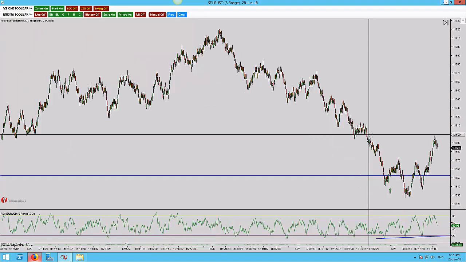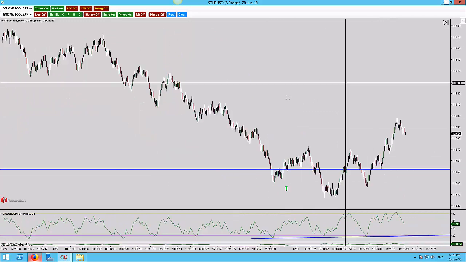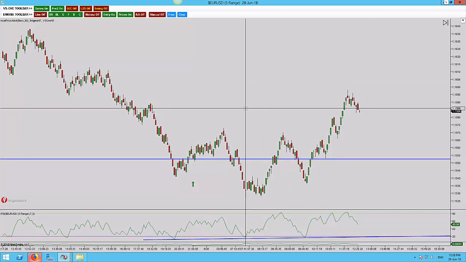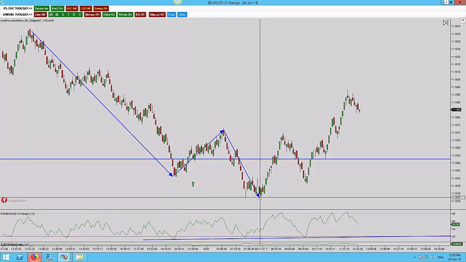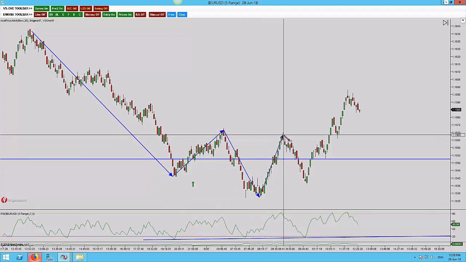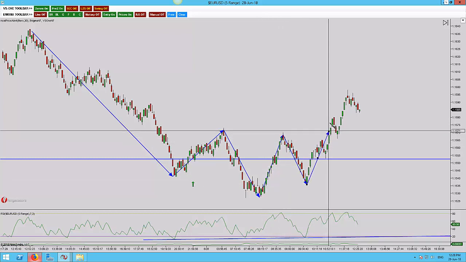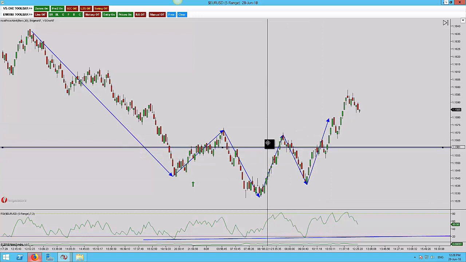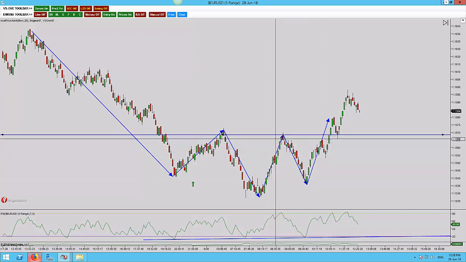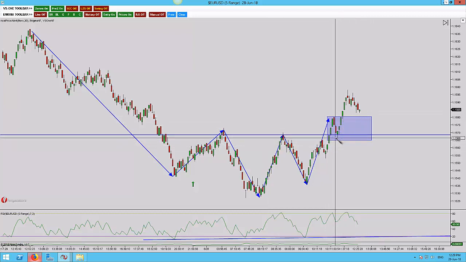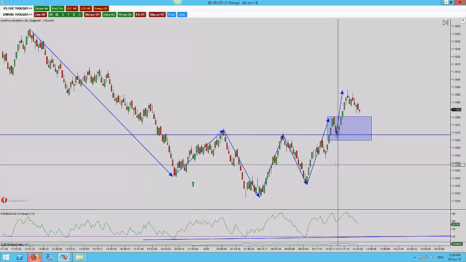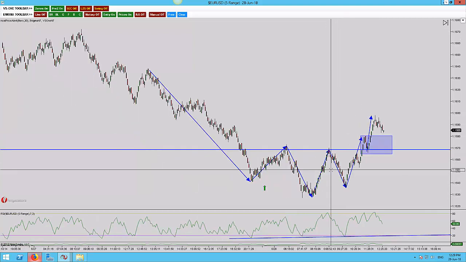However, if we look at what we have done here on the 5 range, unfortunately when we drop to the 5 range, a lot of the workings out on say the 60-minute just don't display. I don't know why that is, but if you look at what we've done here: left shoulder, new structure low, right shoulder, violation. I'm going to move the structure level up to here, and look at what we see here. Structure came up, we saw a little bounce, and from there we have now made a new structure high. So we have a head and shoulders, and a potential rotation,